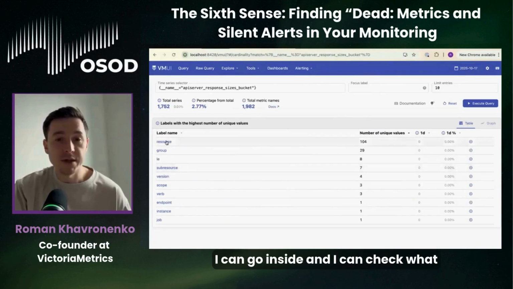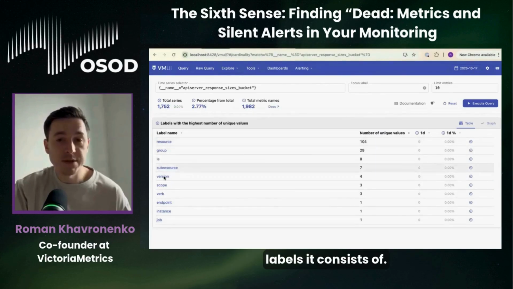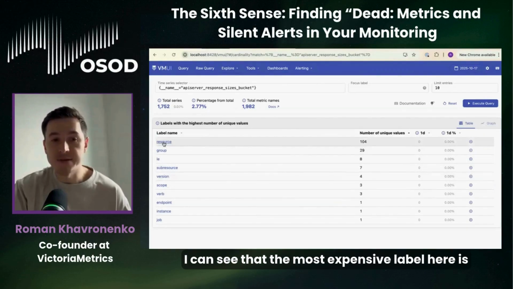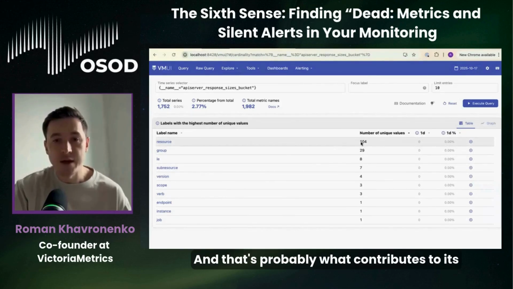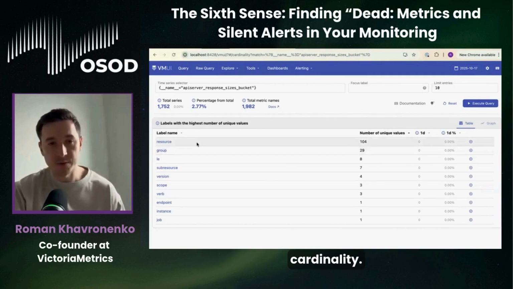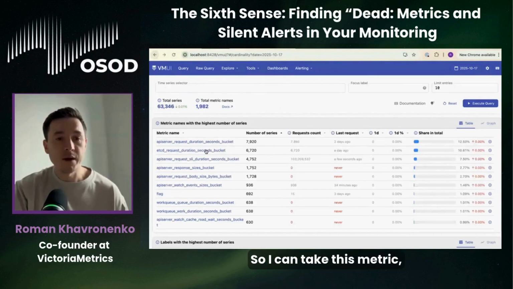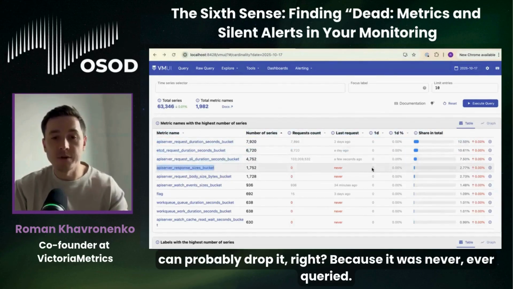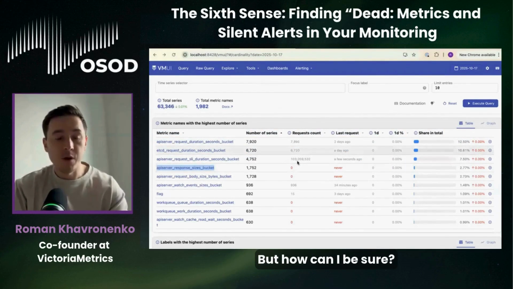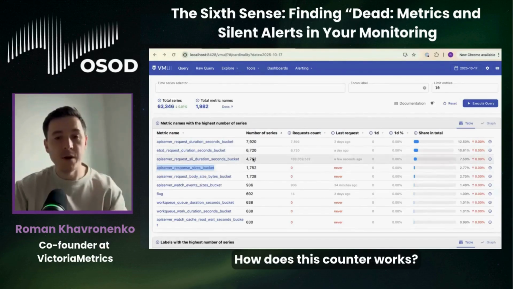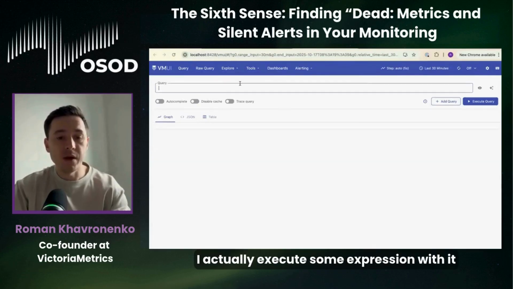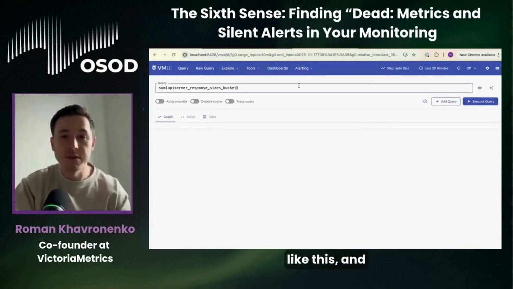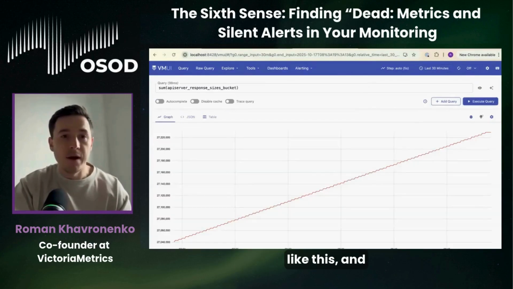I can go inside and check what labels it consists of. I can see that the most expensive label here is resource because it accounts for 100 unique values. And that's probably what contributes to its cardinality. So I can take this metric, for example, and I can probably drop it, right? Because it was never ever queried. But how can I be sure, how does this counter work? So if I go to query and I actually execute some expression with it, like this, and I get back